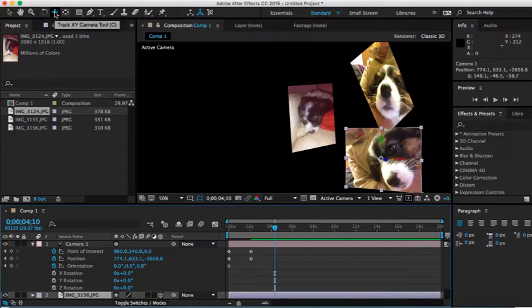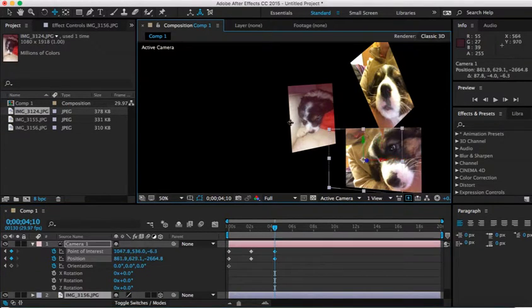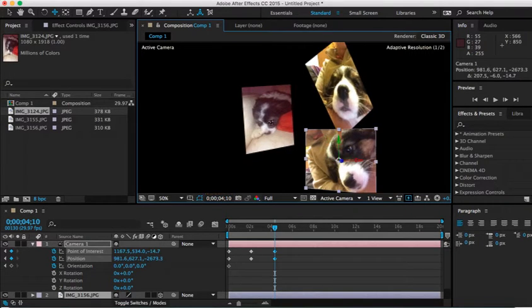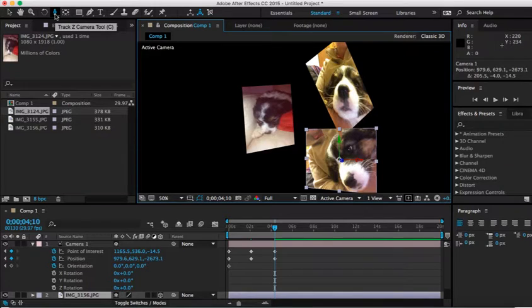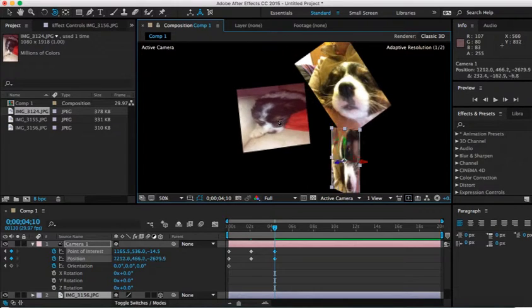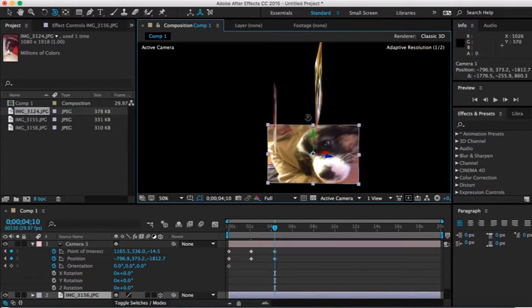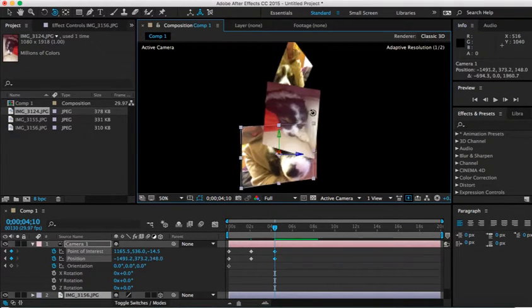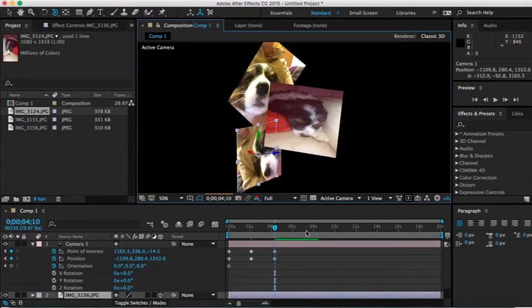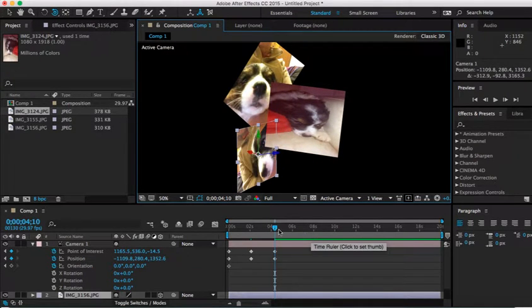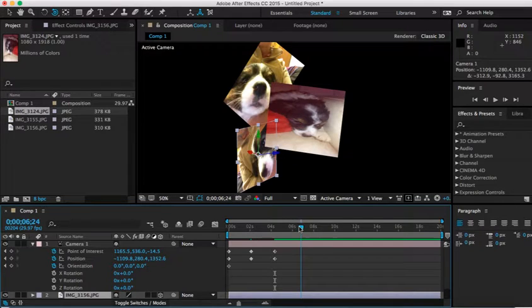If I want to track these images along the X and Y axes, I just pull them this way, and I might want to orbit again and get them spinning around, so they're just orbiting around the center. Okay, that's cool. Okay, next couple of seconds, and we'll bring our key up here,